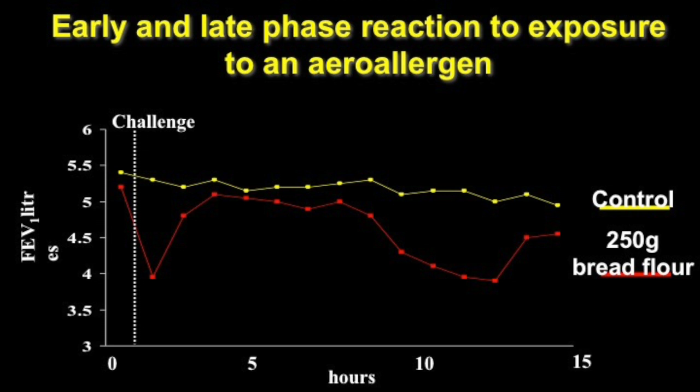That quickly recovers, and over the next few hours what you see is the results of the chemotaxis and bone marrow stimulation, and T helper cells and eosinophils come rushing into the airway lumen, causing further mucosal swelling and a longer lasting immune response. This is only the response to one challenge, and you can imagine how if patients have a continuous allergen stimulation, then they're going to get both of these processes occurring simultaneously.